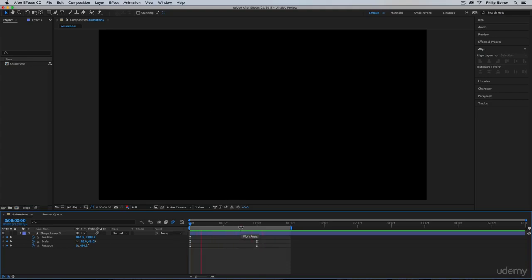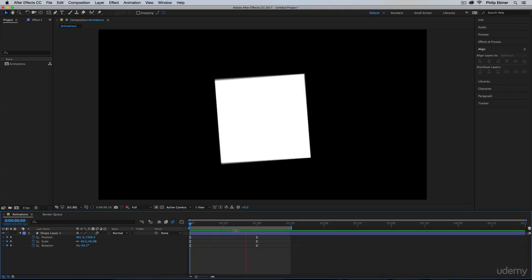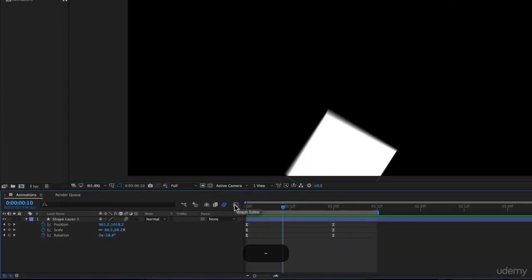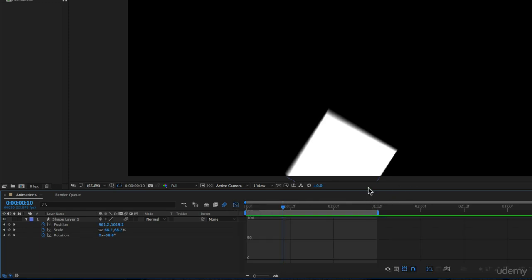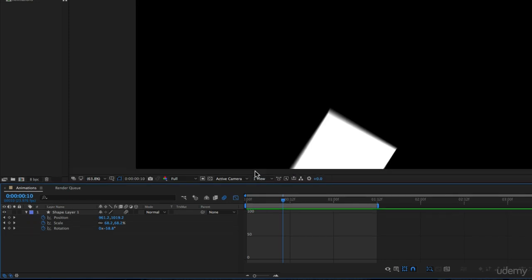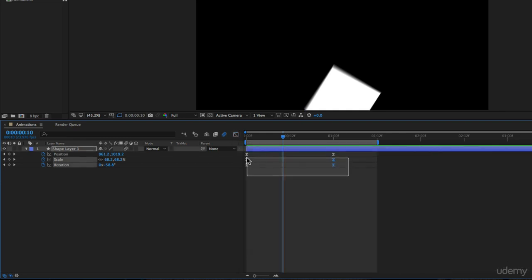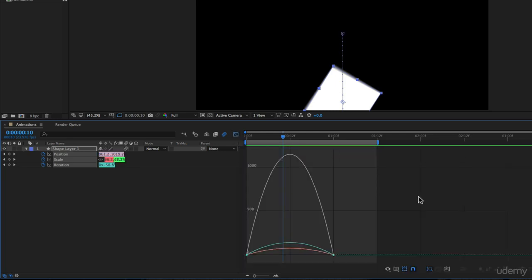To play even more with the way the speed works with this animation, we'll use what's called the graph editor. The graph editor button right here opens it up. Obvious, Phil, duh, right? But we don't see anything down here. Let me extend this panel, the timeline, so we can see a little bit more. We still don't see anything, and that's because we have to choose the keyframes we want to view in the graph editor first. You can also do it later, but with these selected and then clicking the graph editor button,